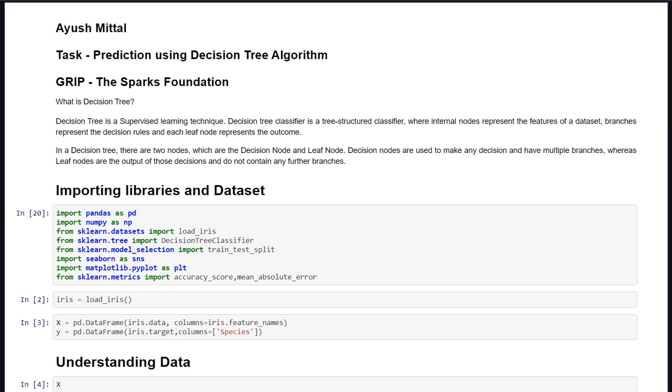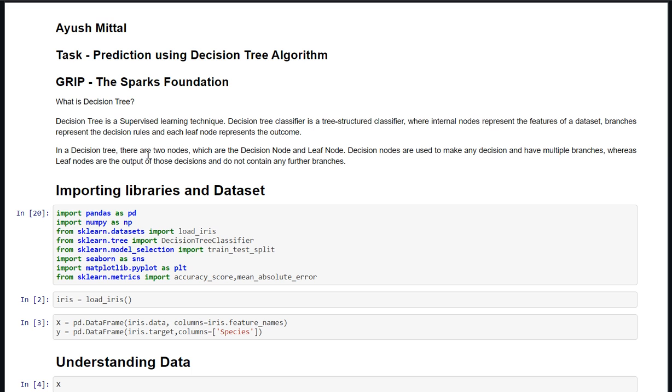So let's first know about what is a decision tree. A decision tree is a supervised learning technique. Decision tree classifier is a tree structure classifier in which internal nodes represent the features of the dataset, branches represent the decision rules, and each leaf node represents the outcome.